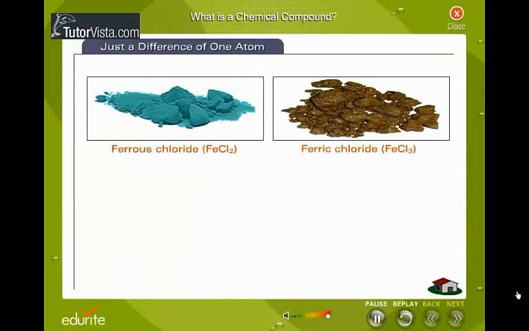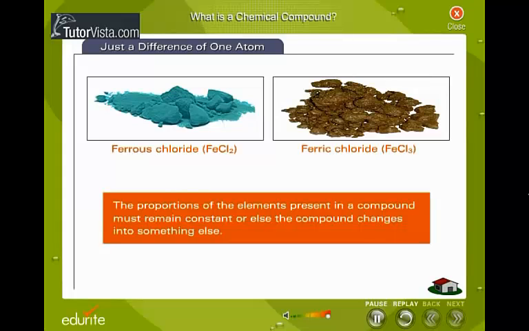Just a difference of 1 atom. The compounds displayed here may not look alike, but they are made of the same elements, iron and chlorine. The only difference between them is 1 atom. Ferrous chloride, FeCl2, has 1 atom of chlorine less than ferric chloride, FeCl3. The proportions of the elements present in a